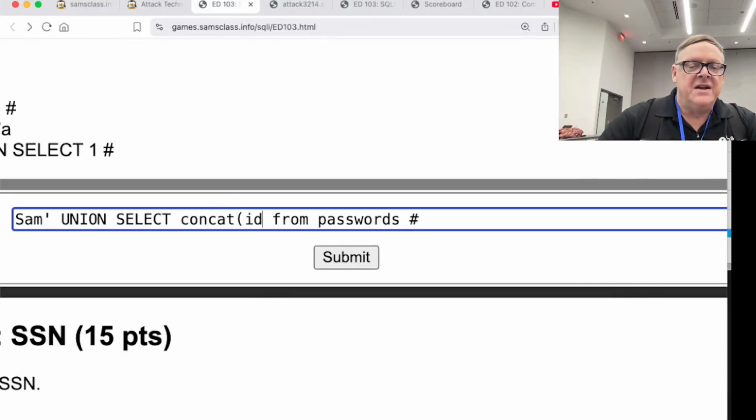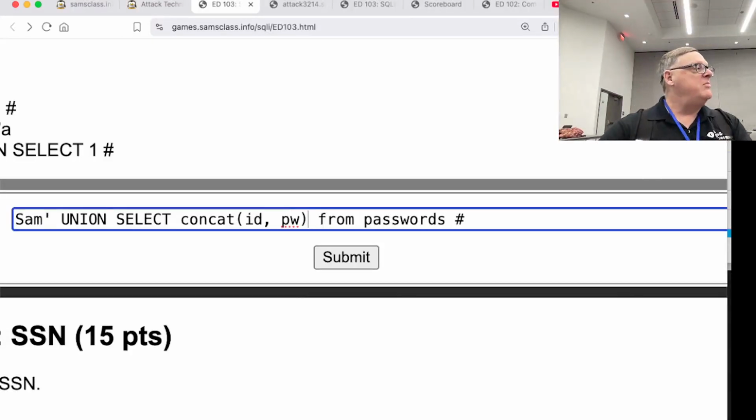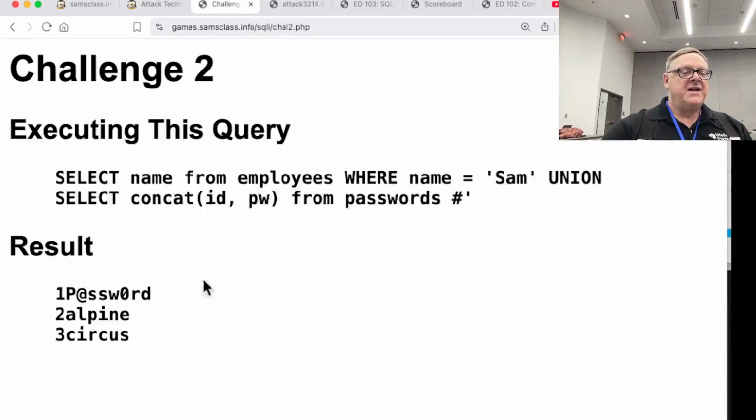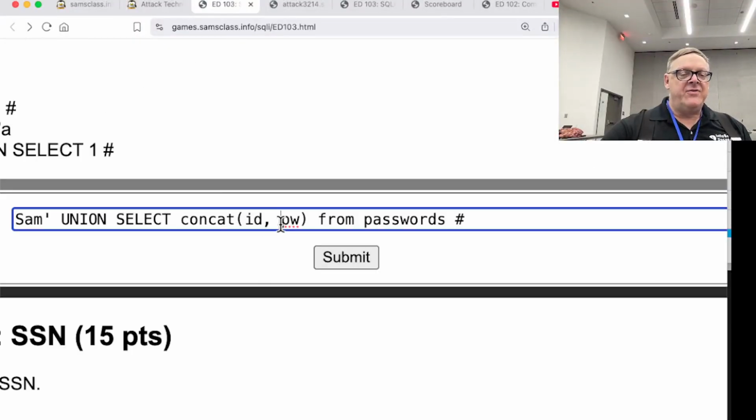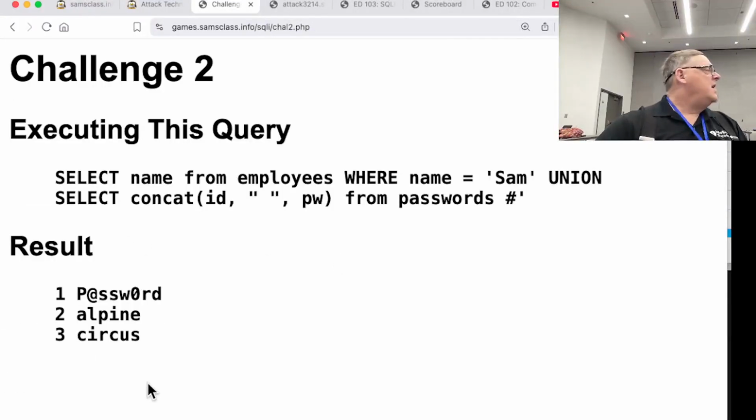So I can do concat of ID, comma, password. That makes one column that contains two pieces of data. And now I get this. And I could even, by the way, if I want to get classy, I could even put in a delimiter. And now I get a nice chart. So that's why I say